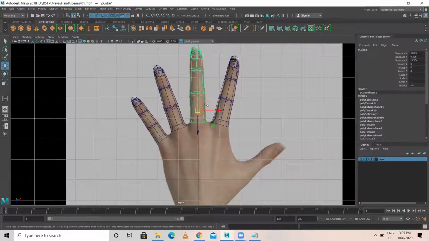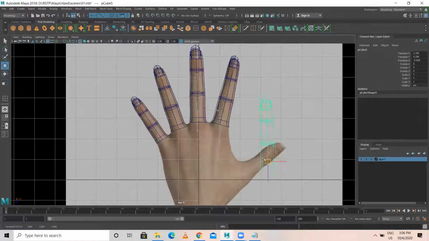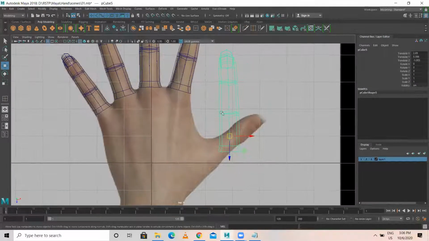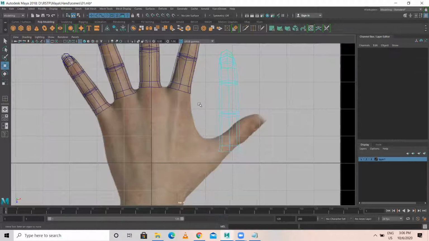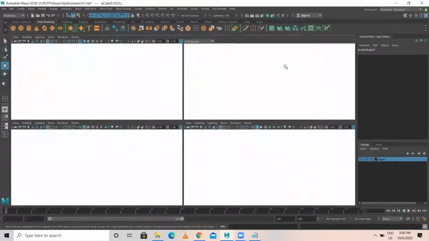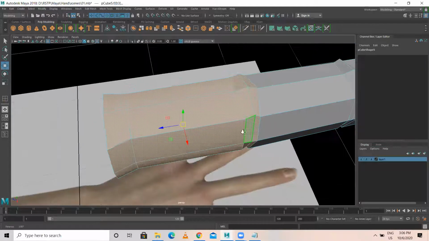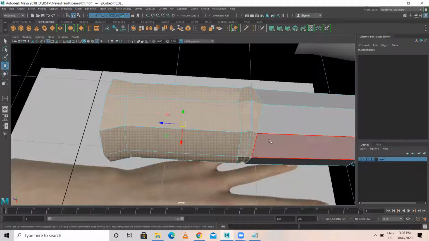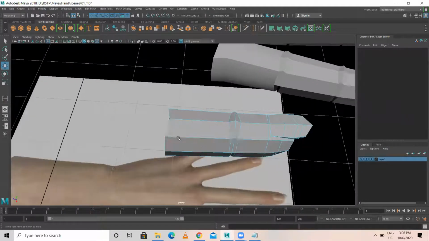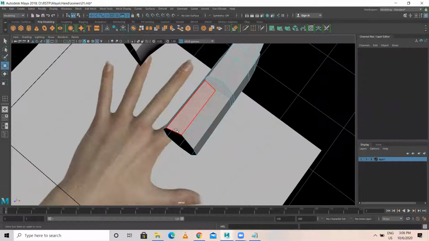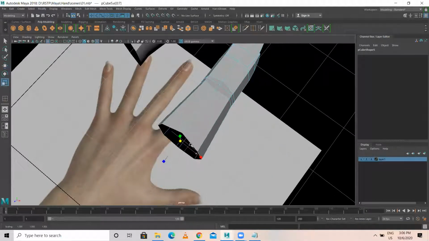For thumb part, I'm selecting the middle finger only and I'm duplicating this. So here, what we have to do is, there are 2 knuckle points for all the fingers, whereas in thumb it is only one knuckle point, means it bends only once in one area. So I'm selecting these faces, and I'm deleting this. So we should have something like this only. Okay. Then I'm selecting this. I'm scaling this something like this.